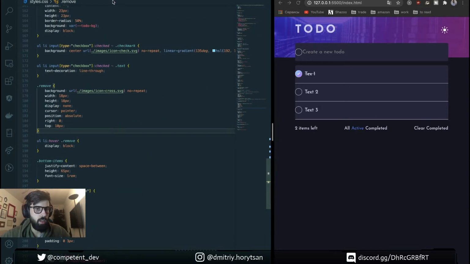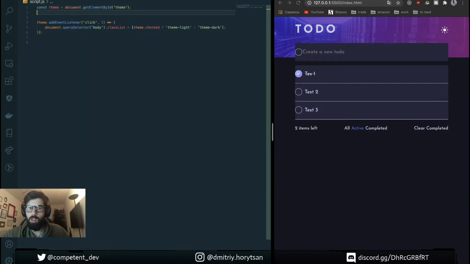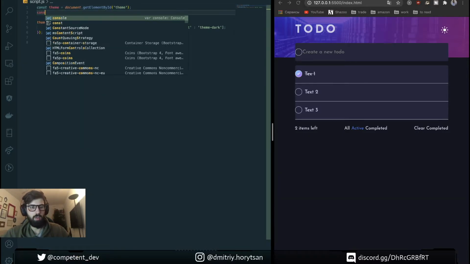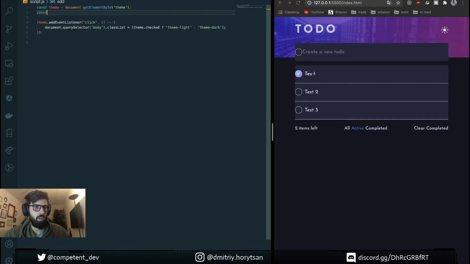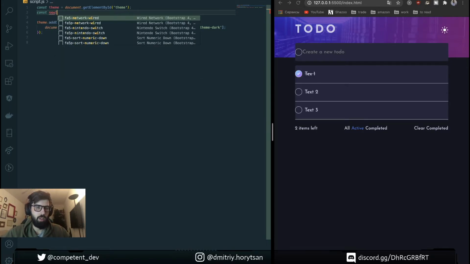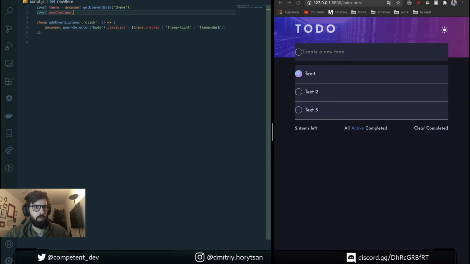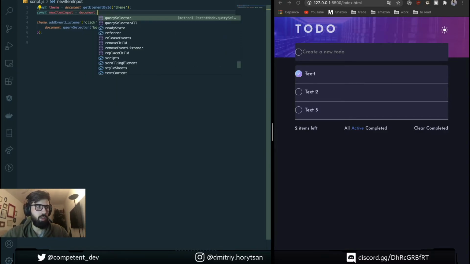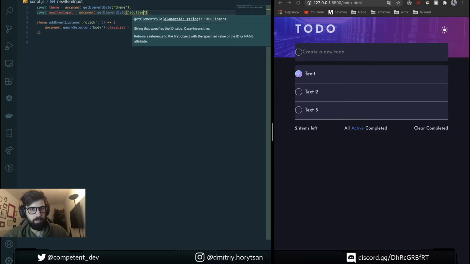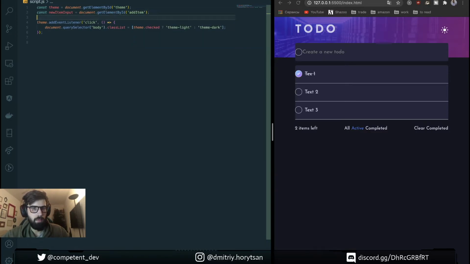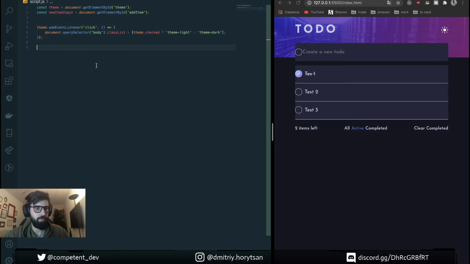Have our checkbox input. const new item input equal document get element by id add item, and we need to do next.